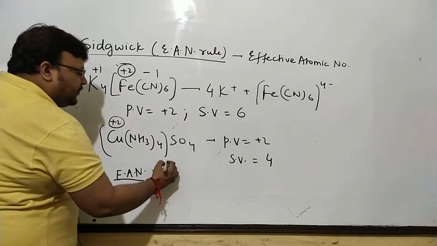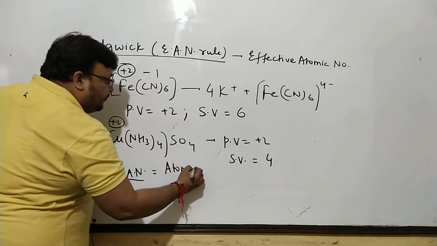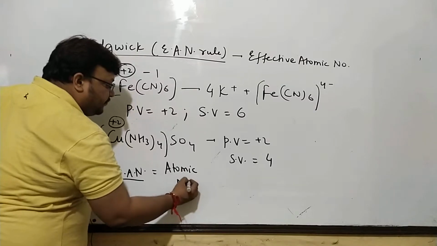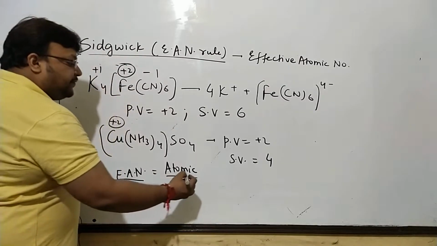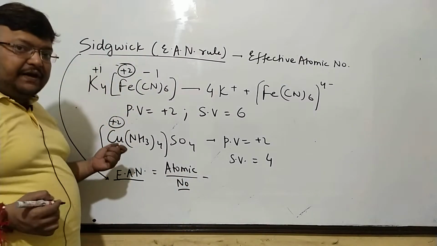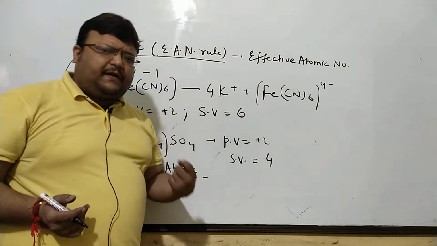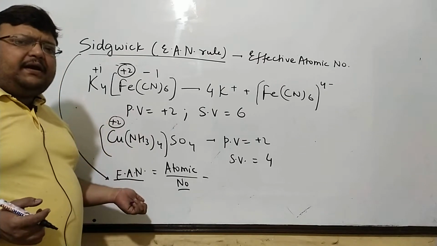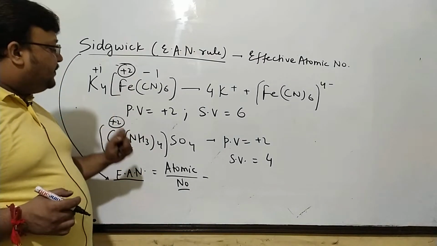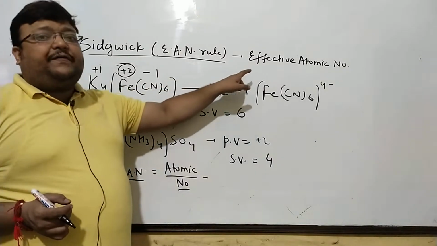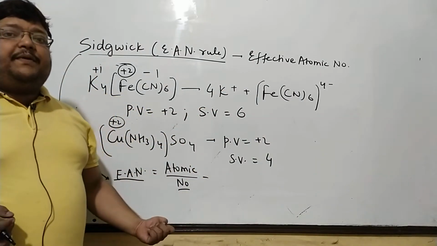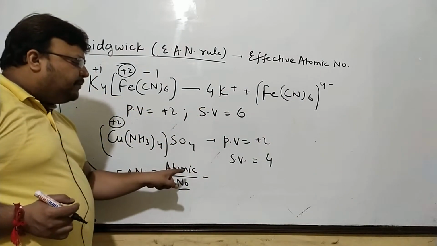would be atomic number, which is the number of electrons you have initially. Atomic number is the number of protons and you have the same number of electrons as well. Here by atomic number I would mean the number of electrons around the central metal. So how do you calculate effective atomic number? Effective atomic number will be calculated as atomic number minus